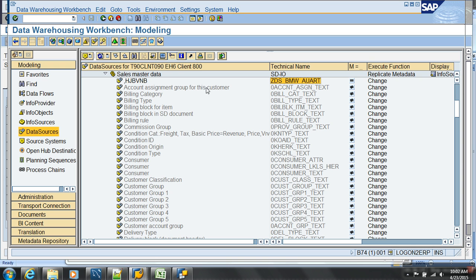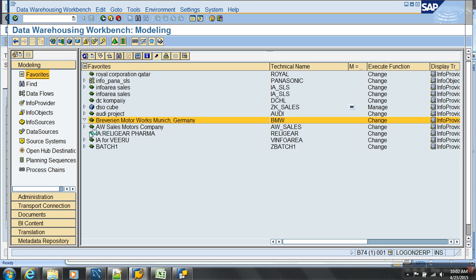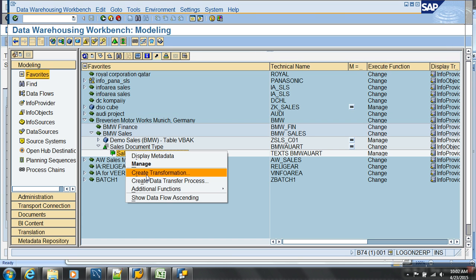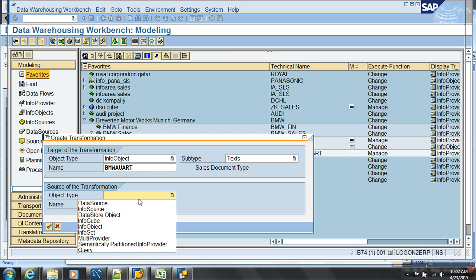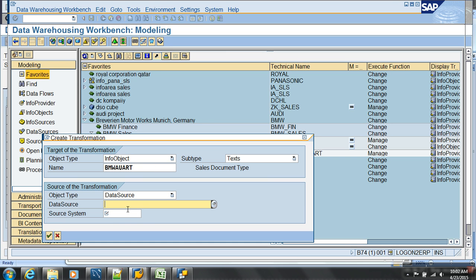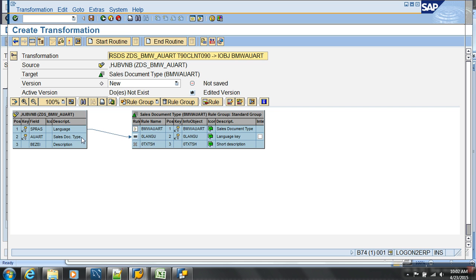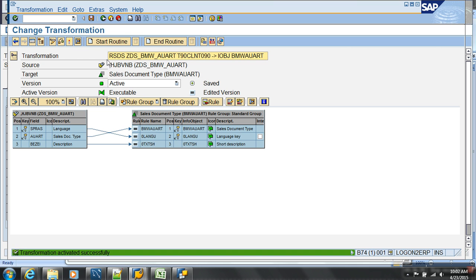Then we'll start connecting this data source and your provider. So did you convert that master data text as a provider? Right click on this text and say create transformations. So language column to language, document type to document type, and description to description. Activate. Now my flow is ready.